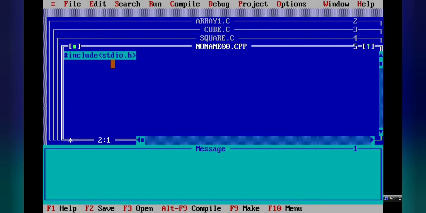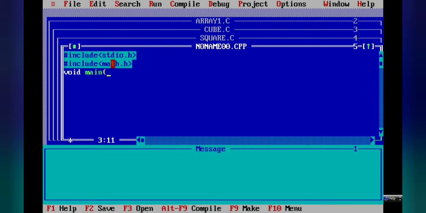Then the next header file we are going to insert, #include math.h. Now we will begin our program with the main function, so void main.